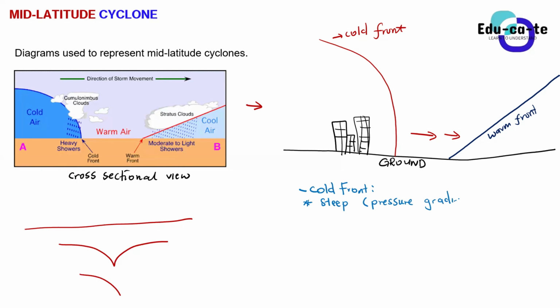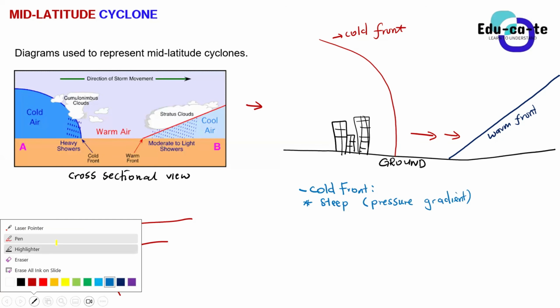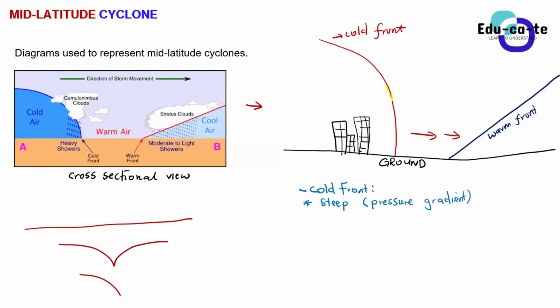Just from the way that we have drawn it, guys, you can see that the cold front here looks a bit slopey, or it looks a bit steep from this diagram. Can you see that, guys? It's a bit steep. It's not gentle. It's just got a slope. So that's a steep pressure gradient. Remember, guys, that the pressure gradient force is the one that causes strong winds to come. So if there's a steep pressure gradient, it means that there will be strong winds.